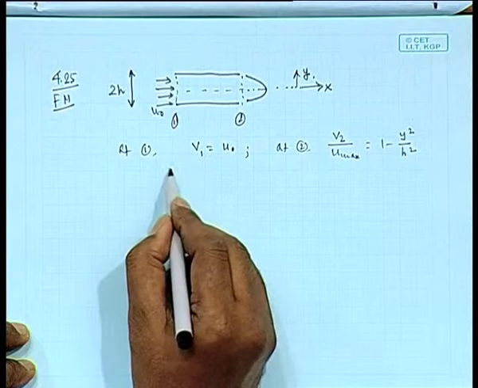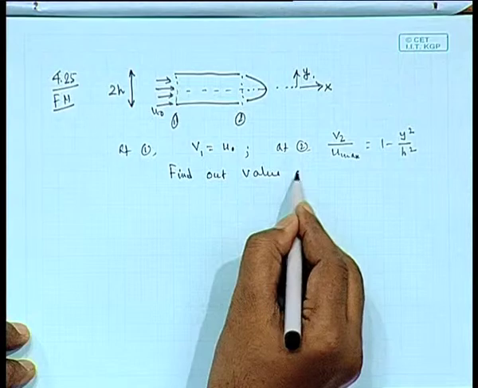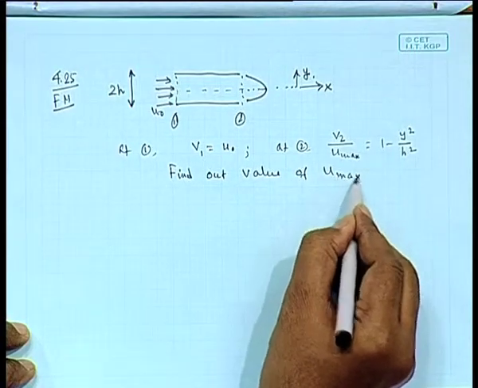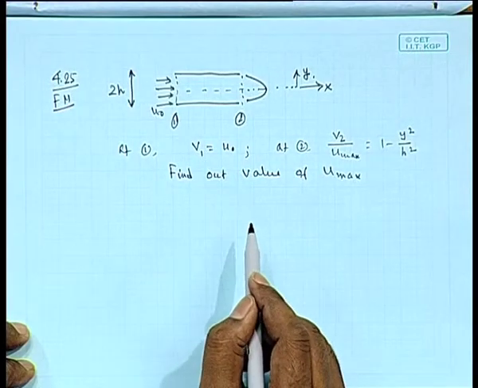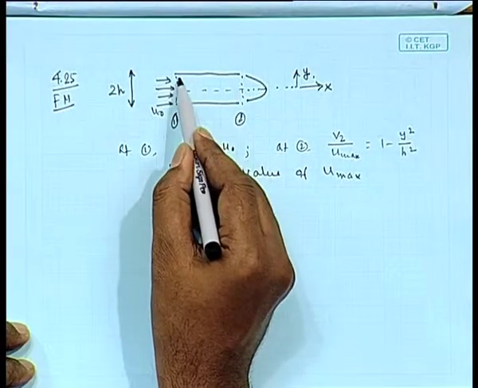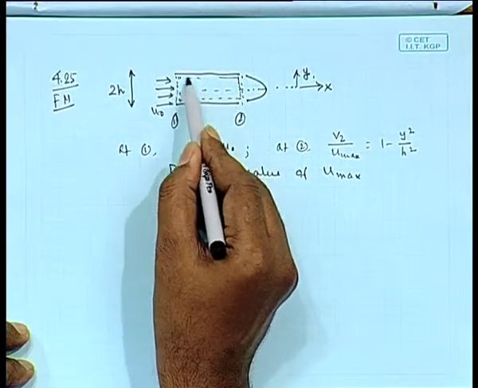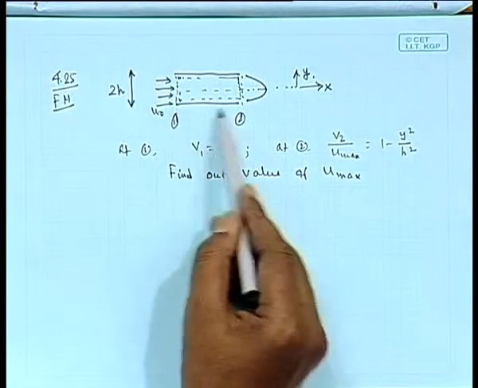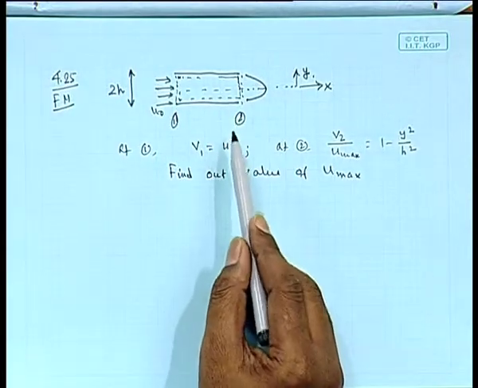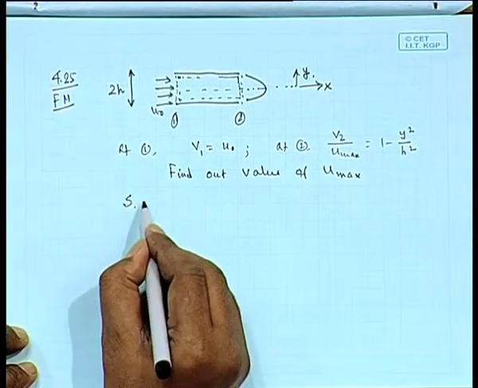Now, the question is to find out the value of u max in terms of h and u0. Now, what you have to do? You have to select a control volume, let us say a rectangular control volume within this, a cylindrical control volume, no sorry, it is a plate. So, a rectangular control volume between inlet and exit, and apply, since it is a steady state,